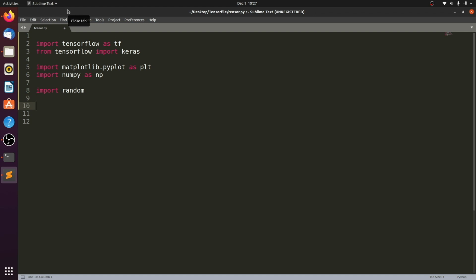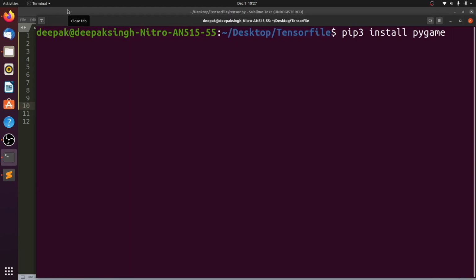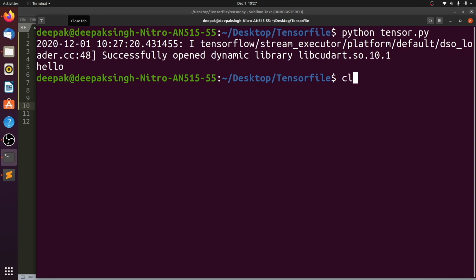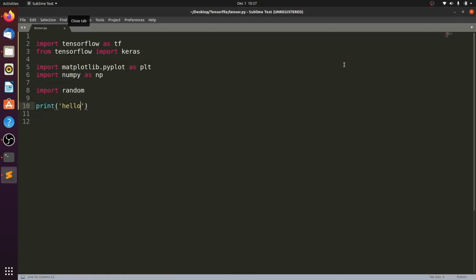And then we're going to import random, which is also necessary, and you can just print something like hello to see if there is no error showing up right now. So there's no error and it works. Okay, the next thing I want you to do is